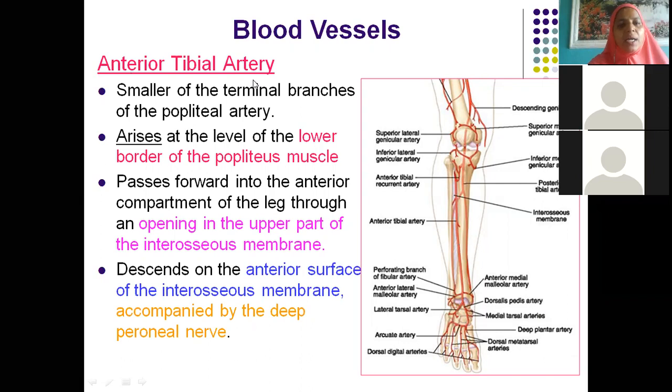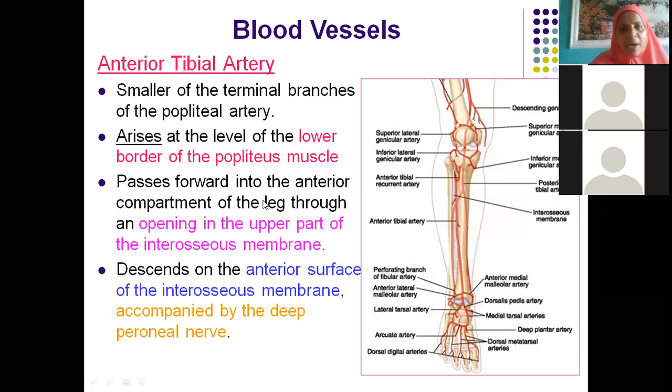So we have anterior tibial artery, smaller of the terminal branches of popliteal artery. It arises at the level of lower border of popliteus muscle. Do you remember behind? Yesterday I told you, if any muscle you should do in detail is popliteus because it comes for 5 marks question. It helps in unlocking of knee joint. Its origin is lateral condyle, intracapsular, inside the capsule of knee joint. Insertion is above soleal line, right? Just a day before yesterday I told. So at the lower border of the popliteus, we will have this bifurcation. But I told you there may be variations also in my previous class, if you just recollect.